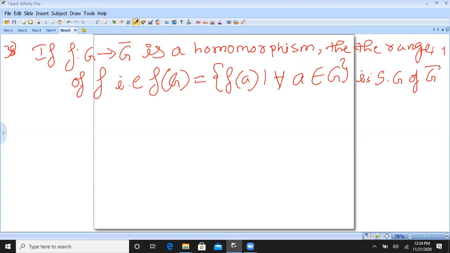So, if f from G to G bar is a mapping that is a homomorphism, they say